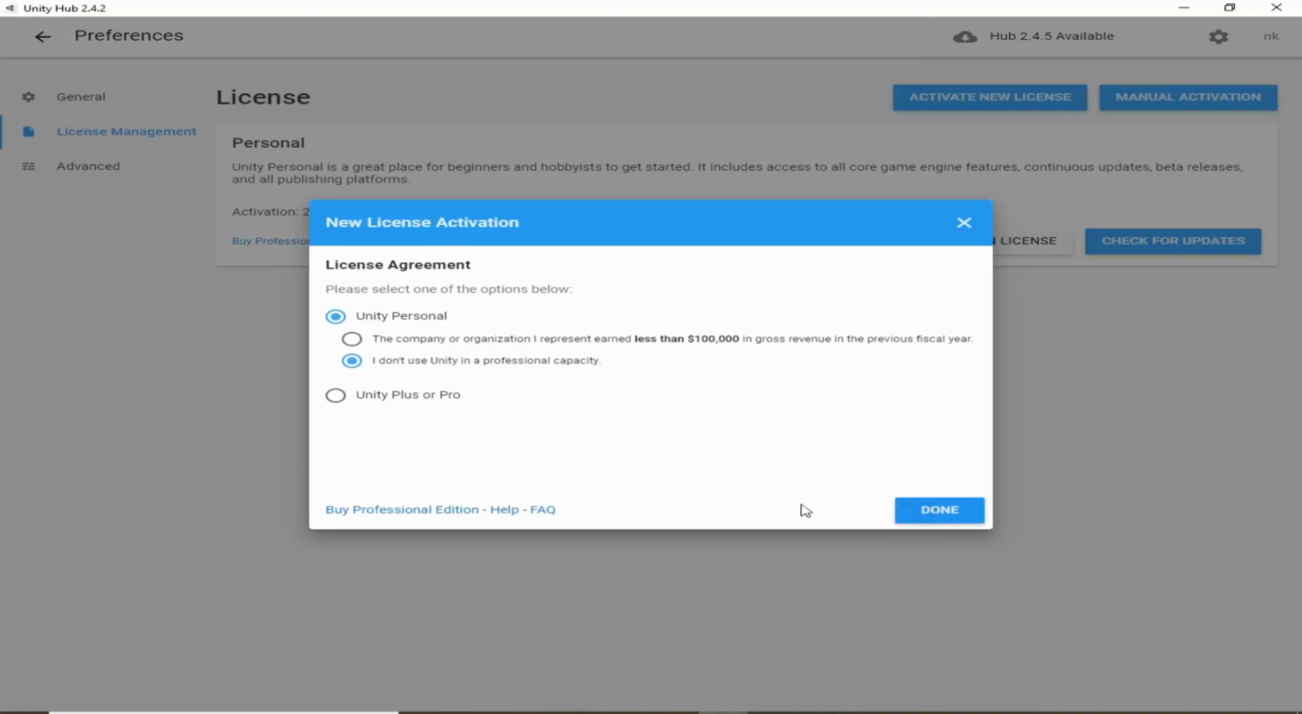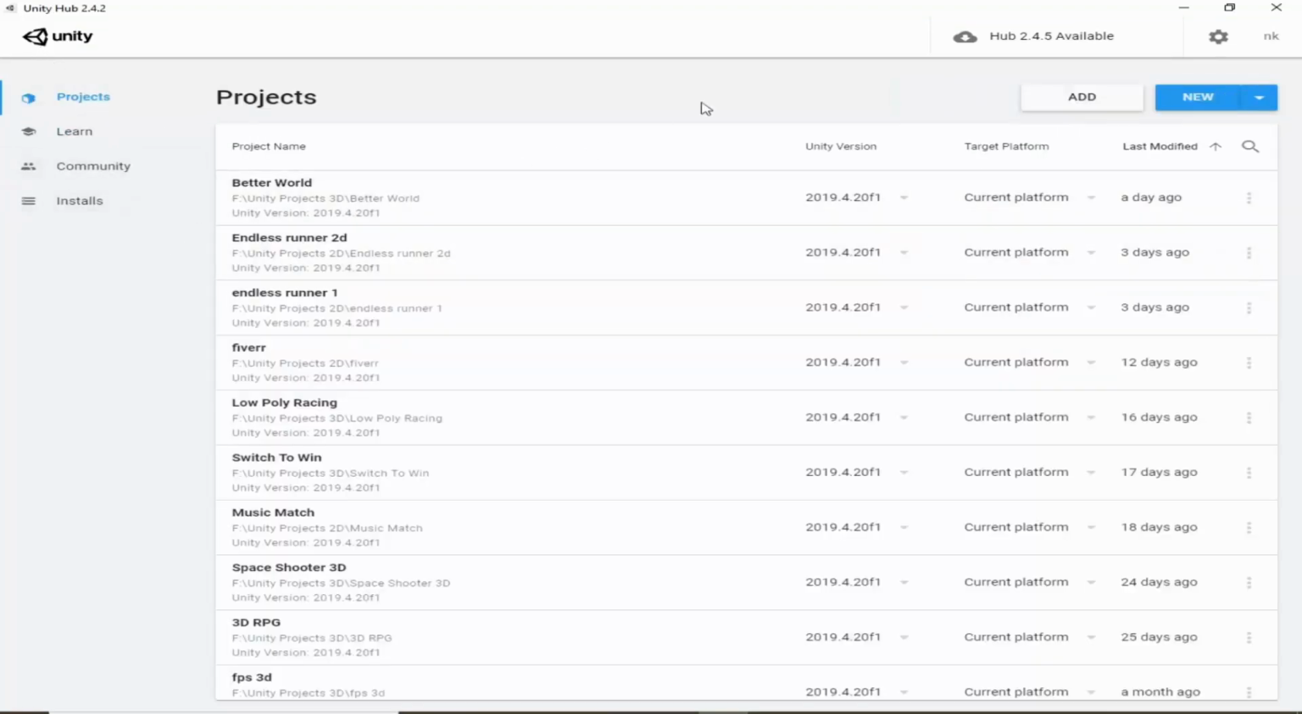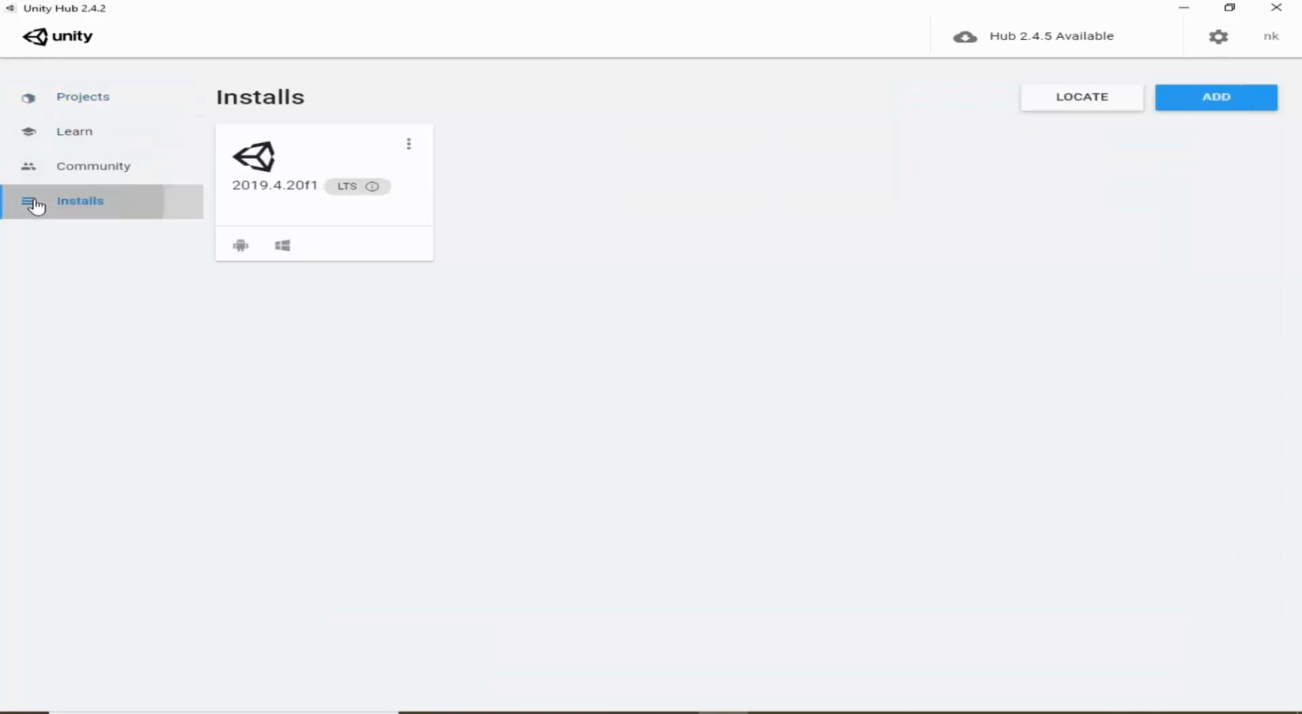I have already activated my account, so that's why I'm not going to do it again, but you have to just click on done and your license will be created. So after doing that, you would be able to download new Unity versions. So here click on install tab, and from here we can add new Unity versions. So click on add button here,